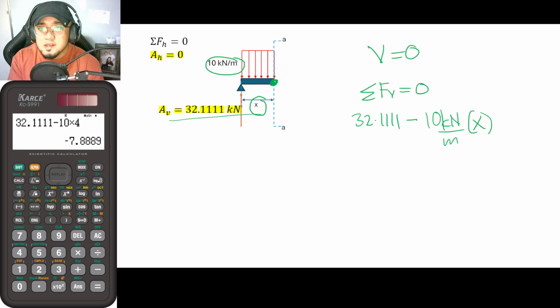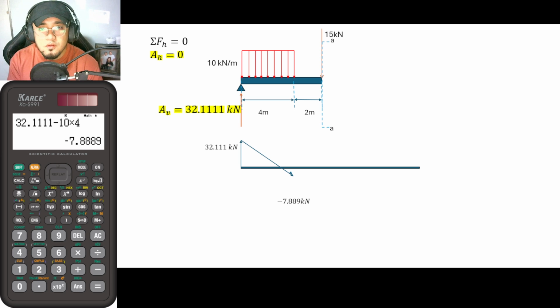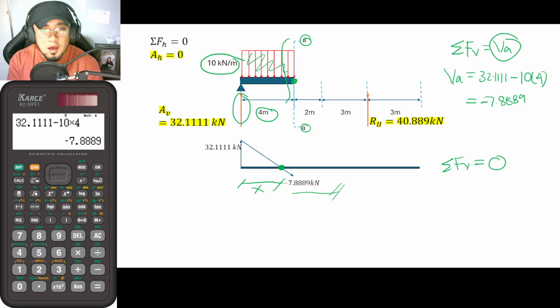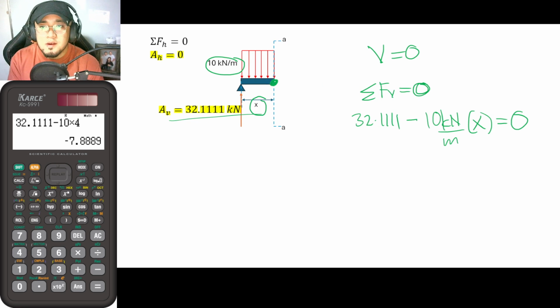The answer must be equal to 0, because once again, you are solving for this value, if you want. Okay, so solving for this, x is now equal to